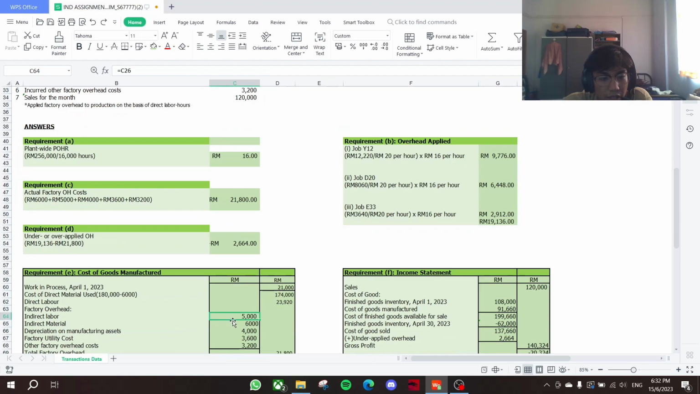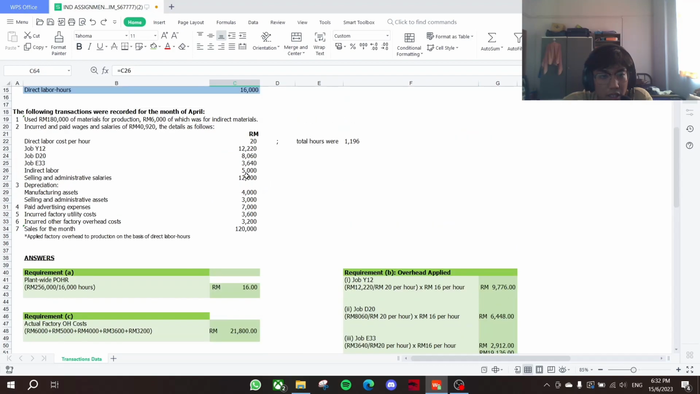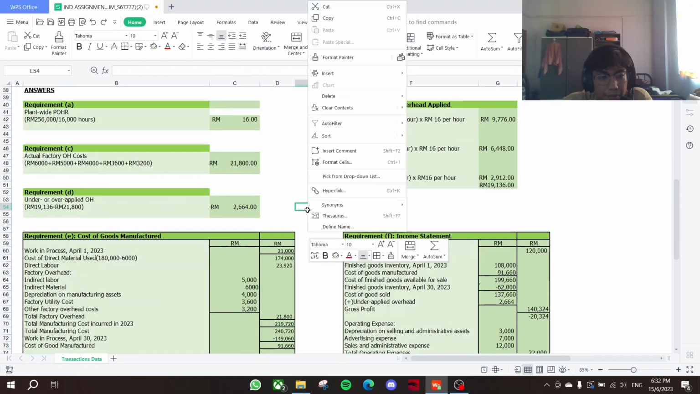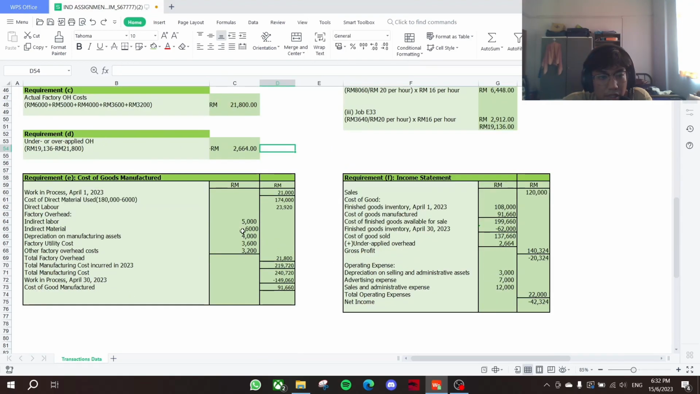So for the factory overhead, as you can see, it is 5,000 indirect labor, 6,000 indirect material, 4,000 of manufacturing assets, factory utility cost 3,600, and other factory overhead cost 3,200. The total is 21,800, and this is the total factory overhead. To get total manufacturing cost incurred in 2023, we add the cost of direct material used plus direct labor plus total factory overhead cost, which we get